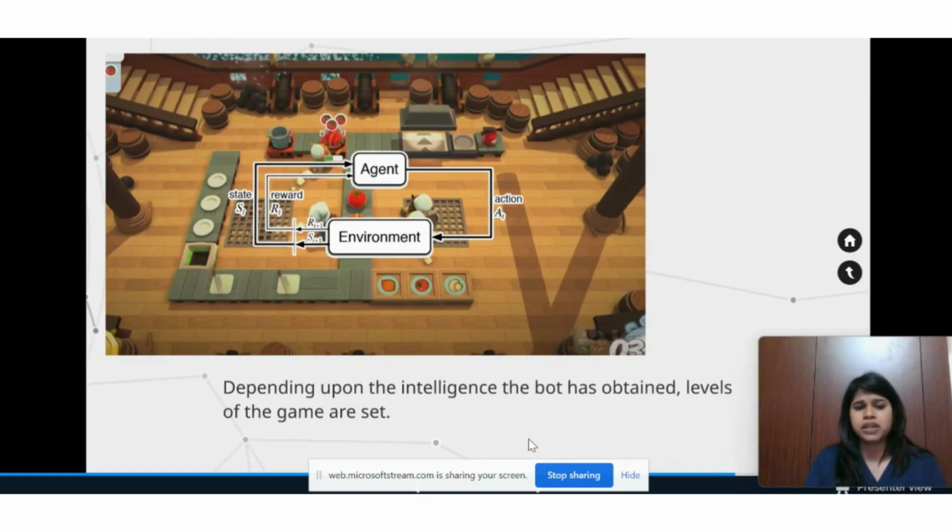We all know that there are bots that play the game. So bots can actually play a game better than humans. Depending upon the intelligence the bot has arrived at, say you and the bot are playing, and you are giving the agent different situations for it to face. Every time it fails, it learns something. It learns a new move and it's getting better and better. We as humans can't remember, but the robots remember better than humans.